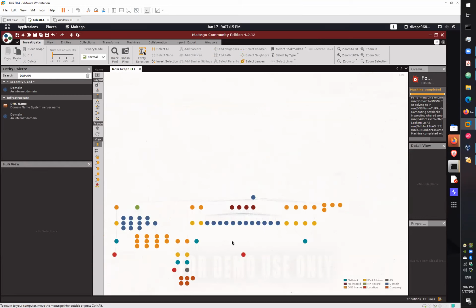All these red dots are name servers, orange dots are MX DNS names, the pure red dots are the location part, and the green one is the MX record for Microsoft. So you can try this tool, and you can try other tools like theHarvester, Sublist3r, DNSdumpster. You can go on multiple websites like we tried yesterday.